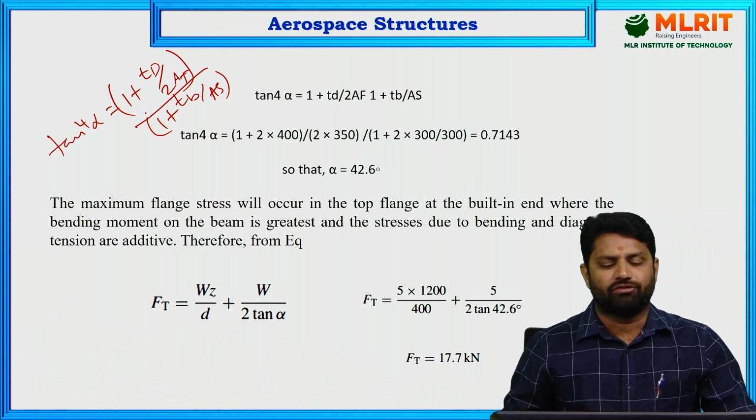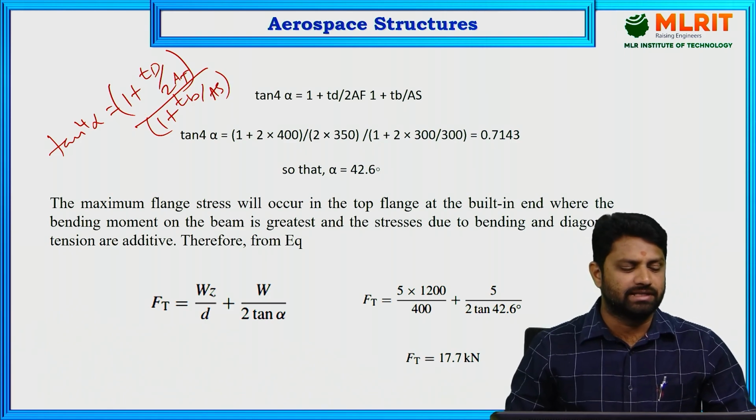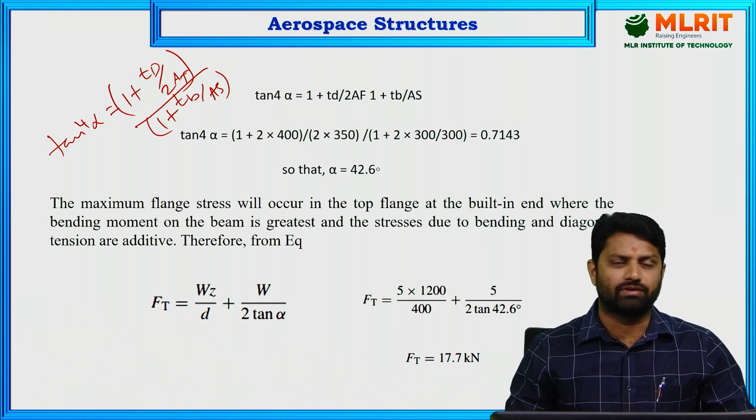So we have the formula for the angle of diagonal tension, that is alpha, in which tan^4 alpha equals (1 + td/2AF) divided by (1 + tb/AS),